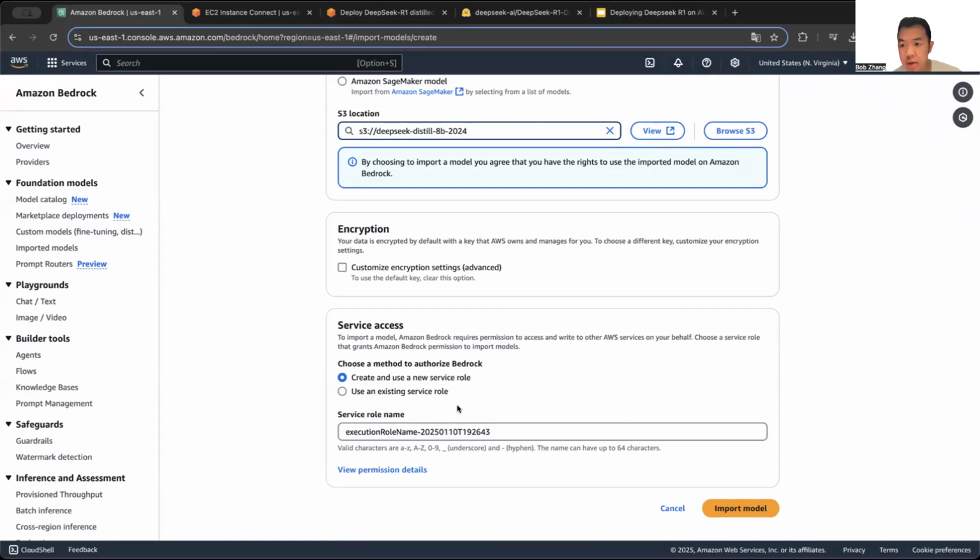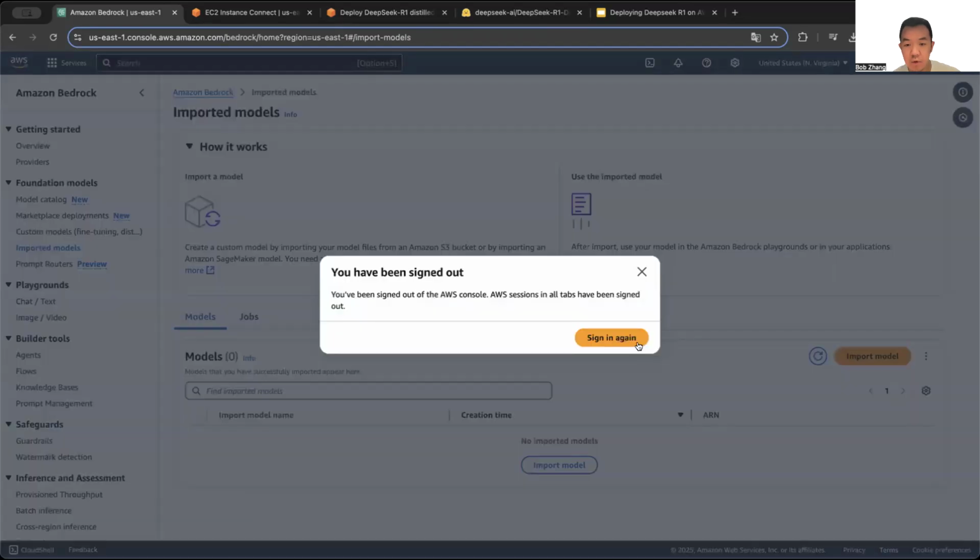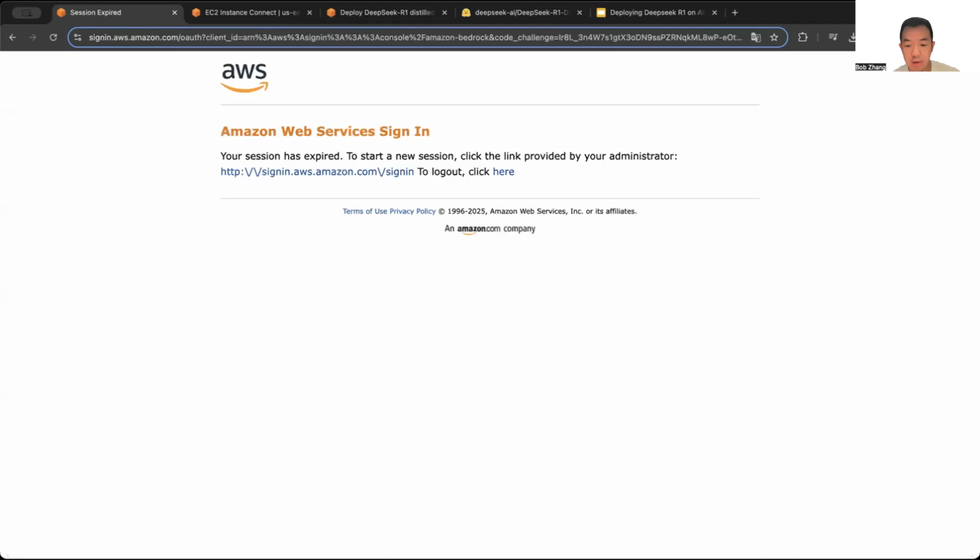If you are familiar with the principle of IAM roles, that is to enable association between AWS services, and this is part of its function. Yeah, if you have checked everything, then you're good to go. Once you click import model, the model will appear on, I'm sorry, time's running out, so it